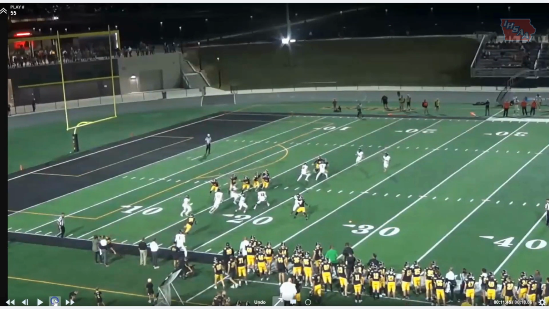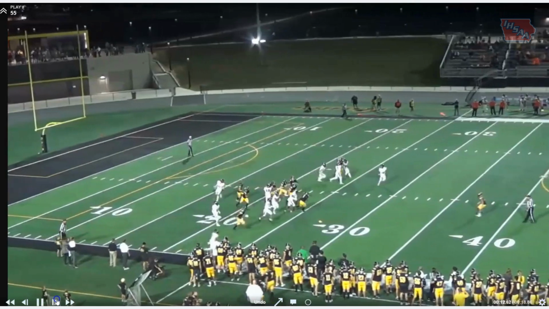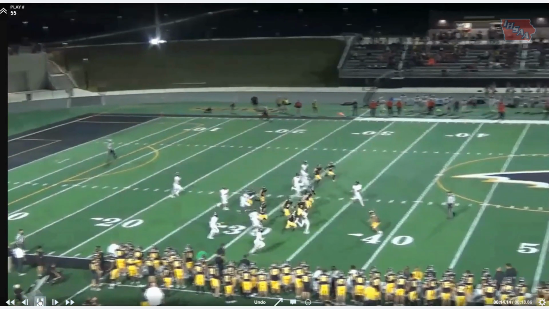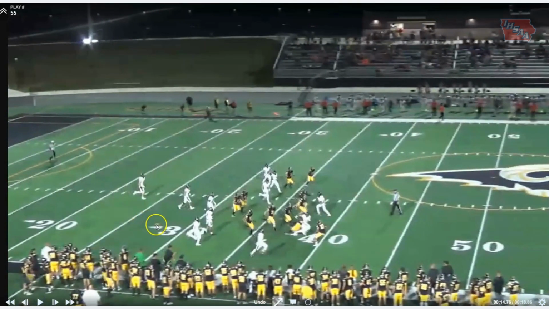Remember, we need to now process if we're going to have to move our flag or not. So what we need to do is know, okay, my flag is 2 yards short of where the foul occurred. We don't have to think yard lines yet. Just think my flag is 2 yards short of where the foul occurred. And now we need to see where this run occurs because it was during a run. So in this case, he ends up going past the spot of the foul. So we're going to enforce this from the spot of the foul, which means when all said and done, we're going to have to go get our flag and we're going to have to move it back to the 25-yard